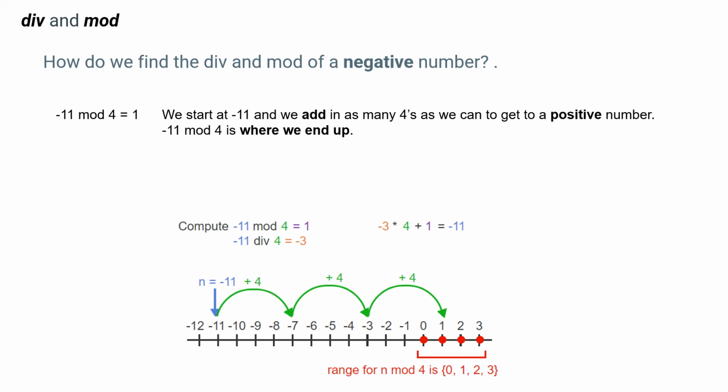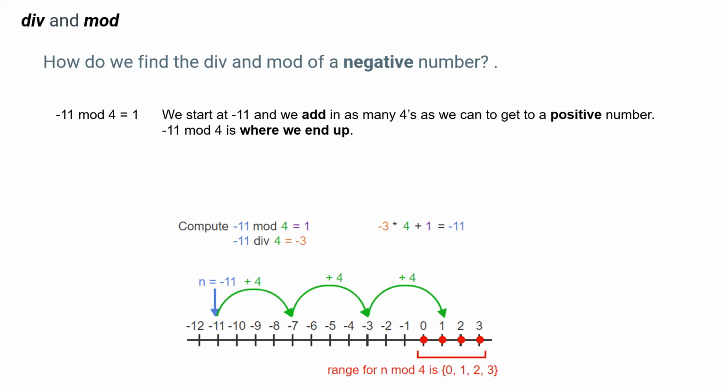So look at the number line down there. We start at the number negative 11. Now in this case, we're not going to be throwing out 4s, but we're going to be adding in 4s. And we're going to add in as many 4s as we can to get to a positive number. So we need to get past the 0 into the positive zone. So if we start at negative 11 and add in 3 4s, you see that we'd finally get above the 0,